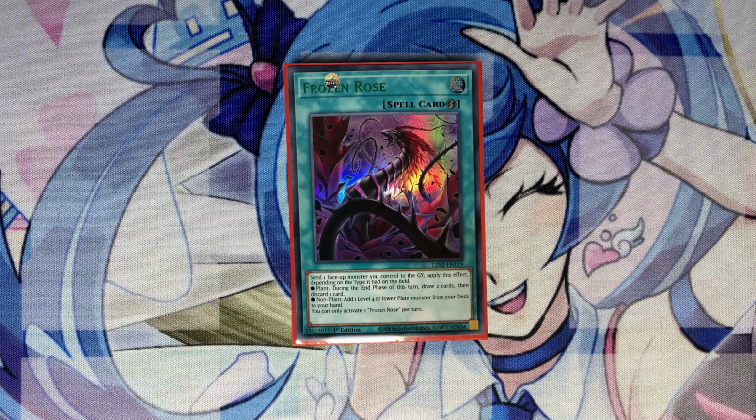opinion. So being able to draw 2, discard 1, the best it gives you is a follow-up play for the next turn. But being able to search a plant gives you a follow-up for the turn that you activate this, so I think this is a much better effect to use. It's also a quick play, so it can help you dodge some effects. So if your opponent tries to Veil or Imperm something, you can chain this and then dodge the effect, and